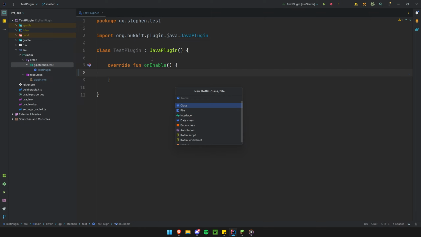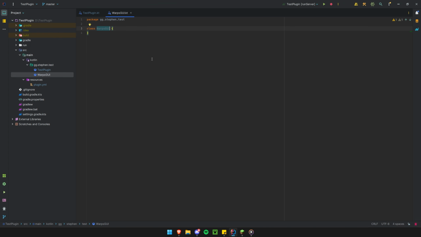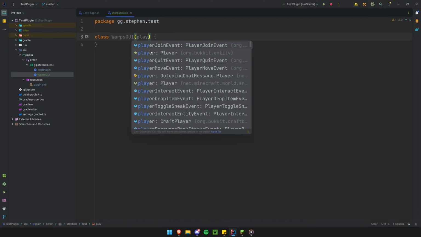So we'll call our GUI, let's just say we're going to make a warps GUI. So just like that, and let's say we're going to have loads of different, we'll say ender pearl items inside of it. So we're going to have a warps GUI. Now that's just one use case, of course there's so many different ones, but I think that might be a nice one. So just as usual with a GUI, we're going to firstly take in a parameter of the player,